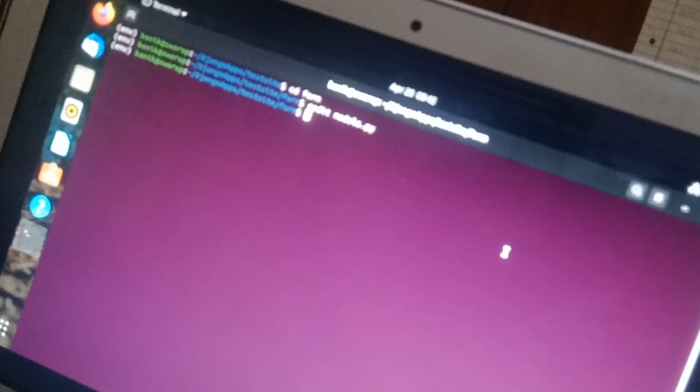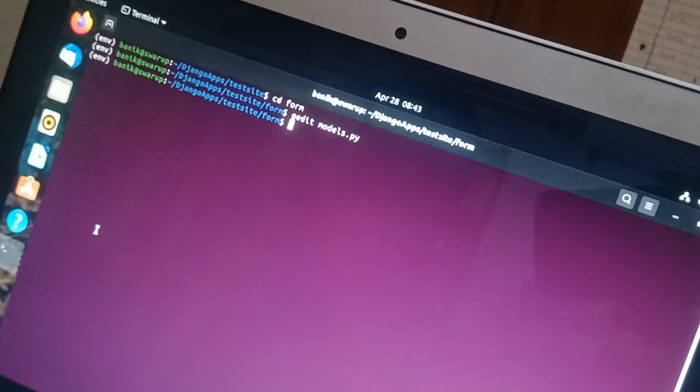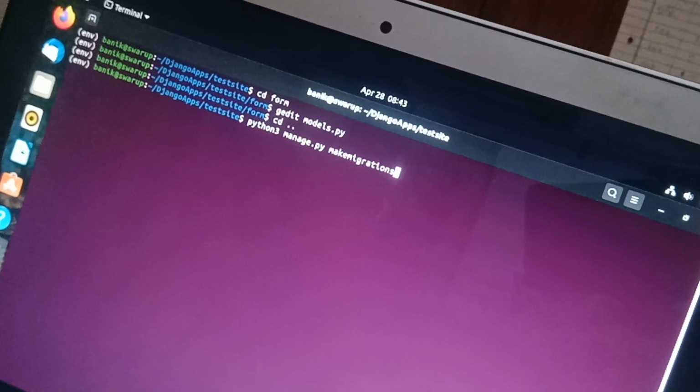So here we go. And go to the test site directory. Now we'll run this program once. python3 manage.py makemigrations form.